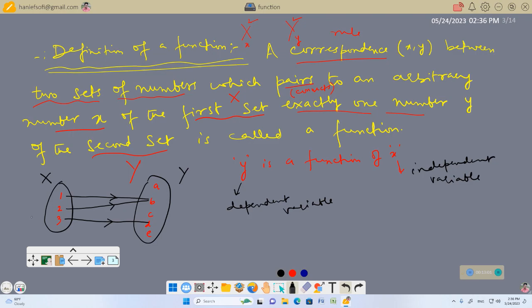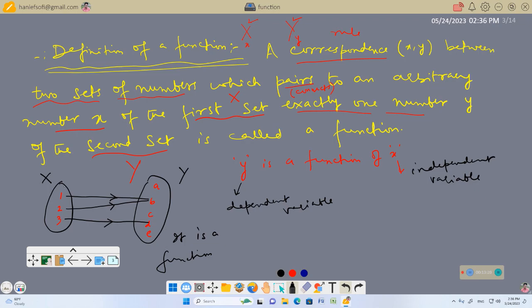So this correspondence is a function. It is a function in general. It is a function because it satisfies the definition of the function,